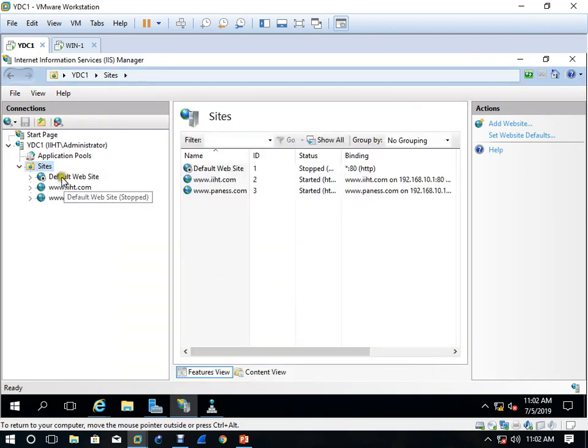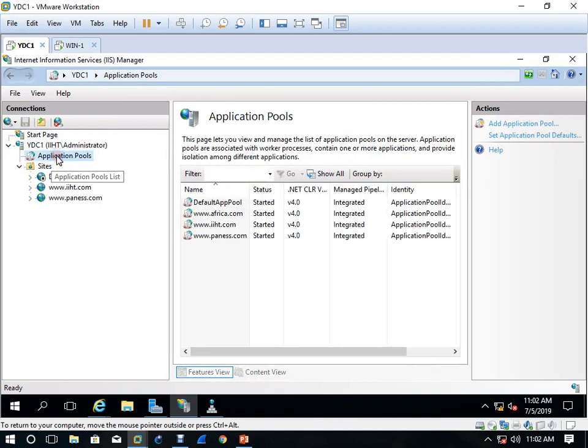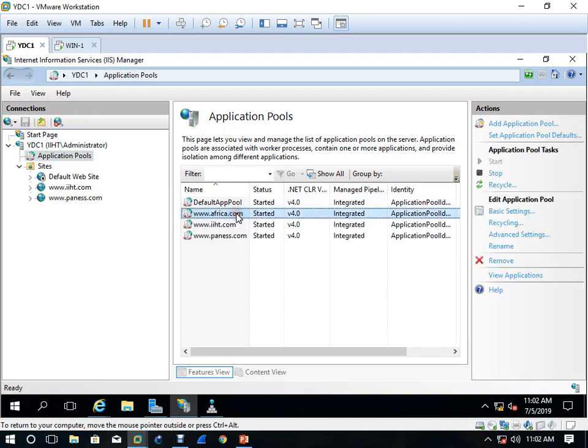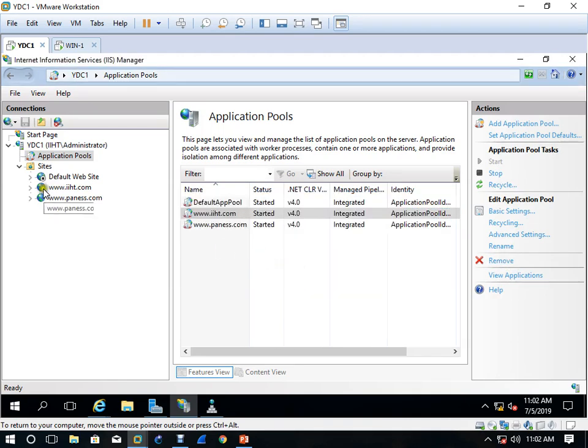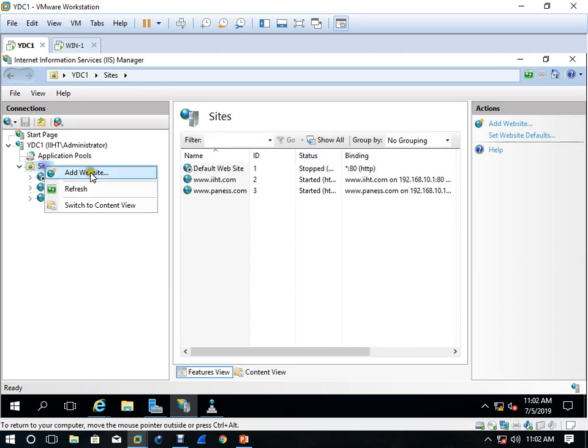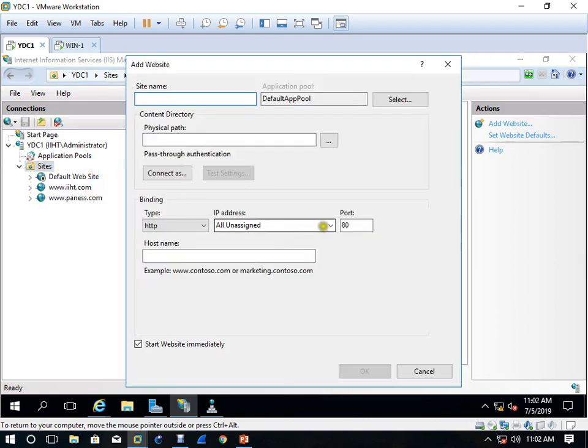See, I removed it from here, right? Okay. See, in application pool, it is still there. So if you remove any website, you go to application pool and then you remove from here as well. Now I am coming here again and trying to add website. It must come here. If it is not coming here, then the problem.